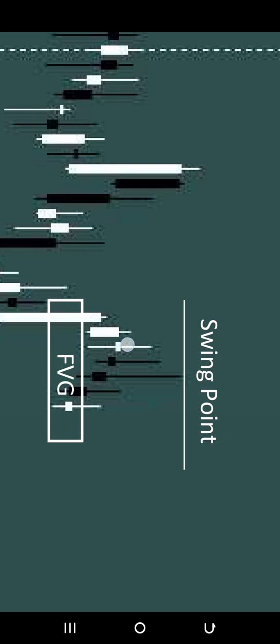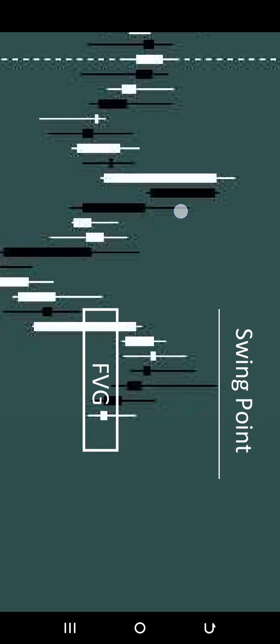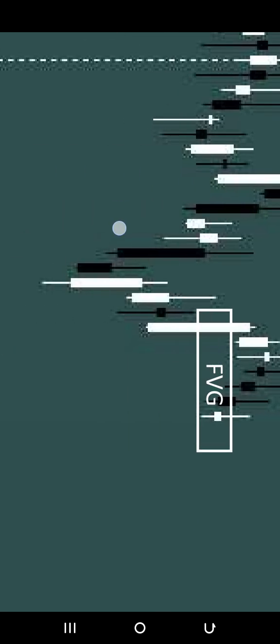Now that point where there is a reversal, where there is a change in direction, that point is called a swing point, or you can call it a swing high. Okay, this is an old swing high. Now this point where price changes is called a swing low. Okay, swing low. This place is also called a swing low. Now just take a look at that.